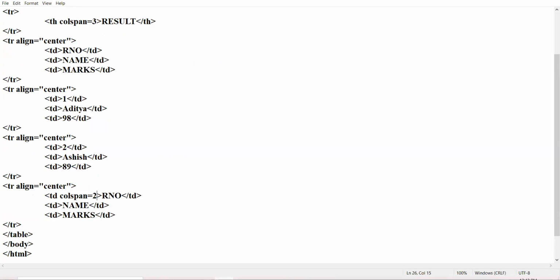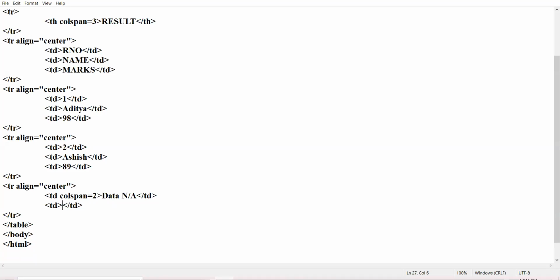Colspan equal to 2. 2 means 2 columns will be spanned. I'm writing here data not available, and in the last cell I am leaving an empty cell.